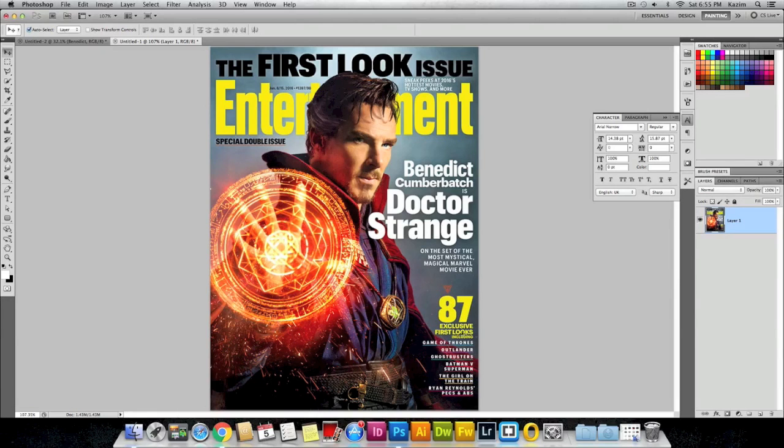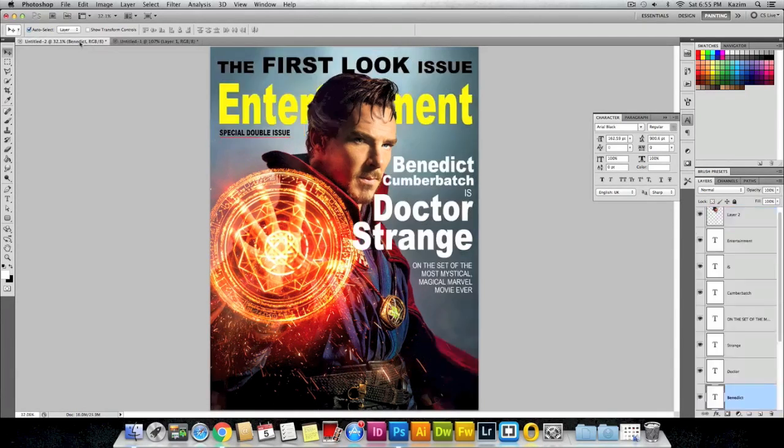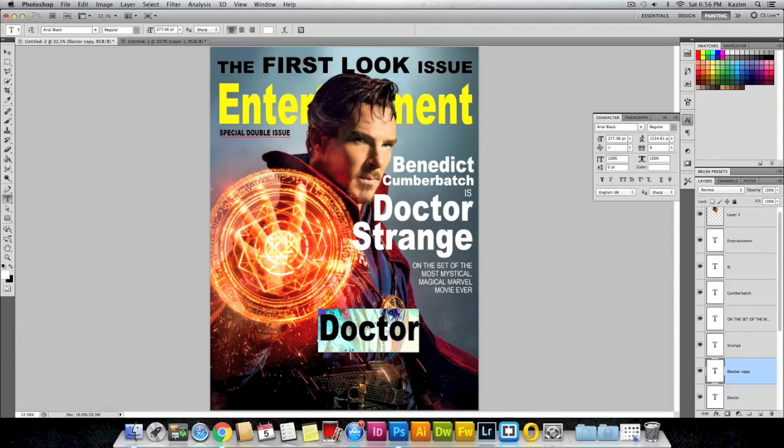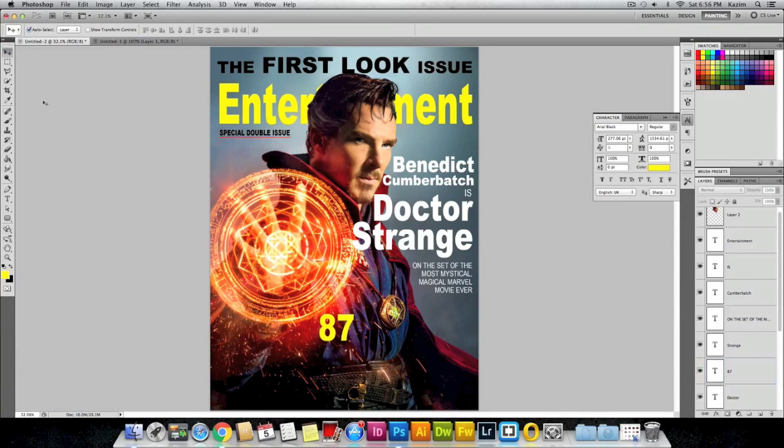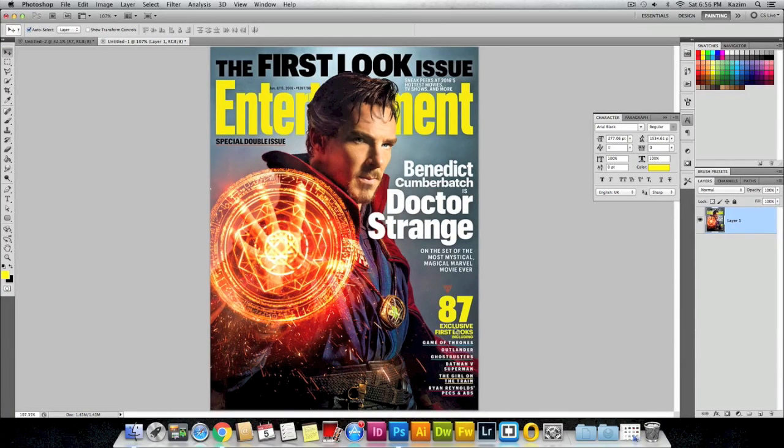make this text 87 exclusive first looks, and the 87 is the font of this doctor, so I'll duplicate this doctor text layer, and I'll click on the T tool here and select the text and write the number 87, and I'll pick the yellow color from here, and I'll just move it here onto the right, and then the text is exclusive first looks,